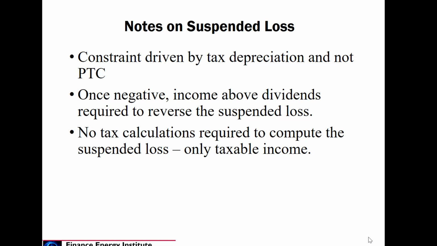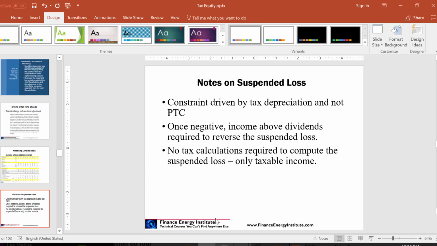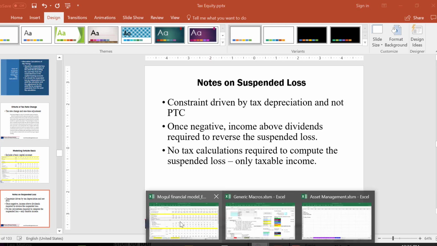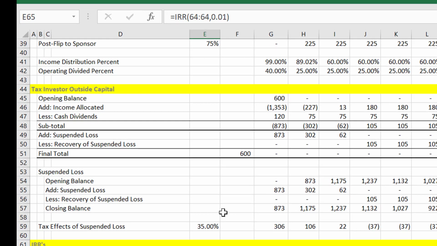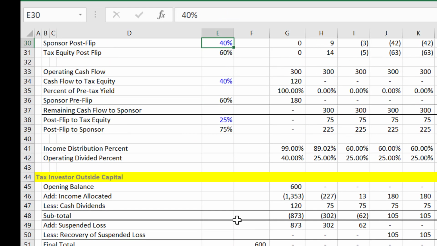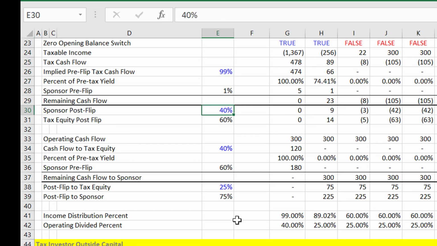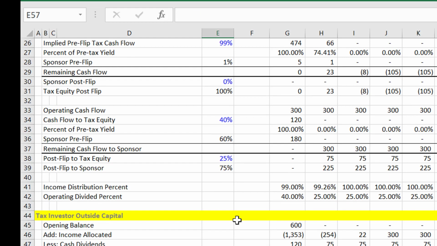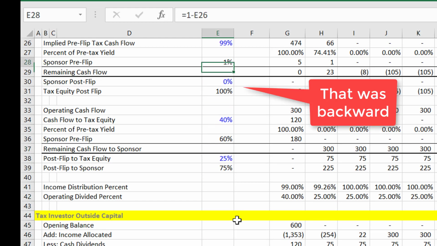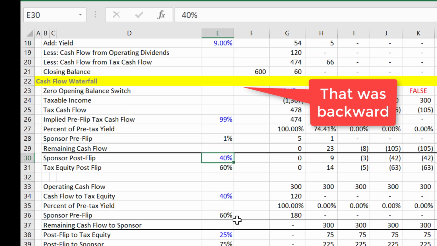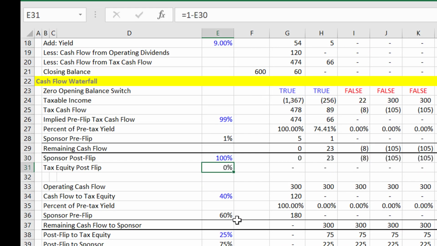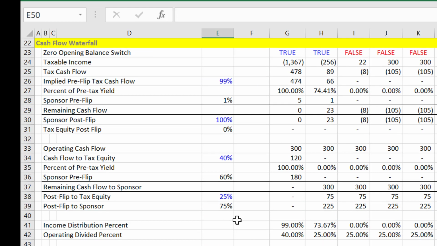And if you get this in this one, here, let's try this. Now, let's say that we're not going to allocate the sponsor any kind of income after this flip. In this case, I got it backwards. We're going to allocate the sponsor all of the income for some reason afterwards. And then the tax equity gets no income, and they don't like income later on because that affects their cash